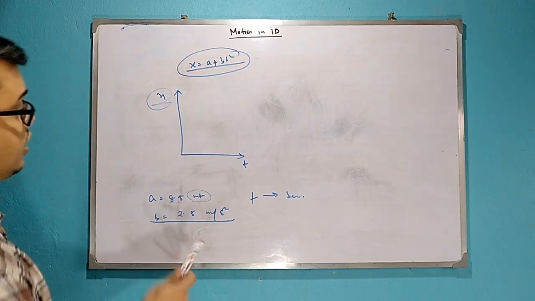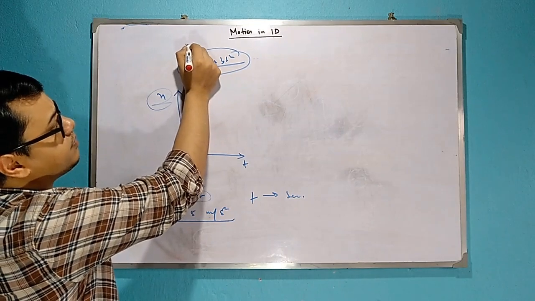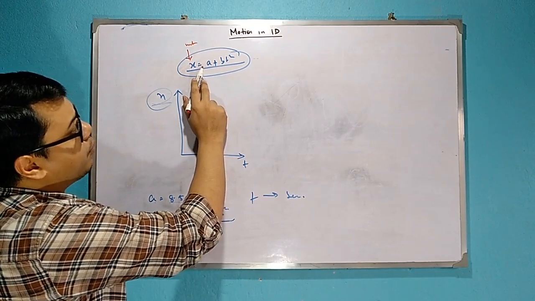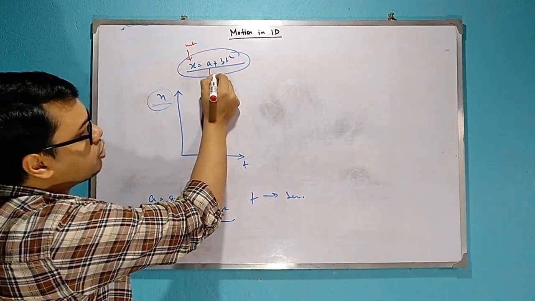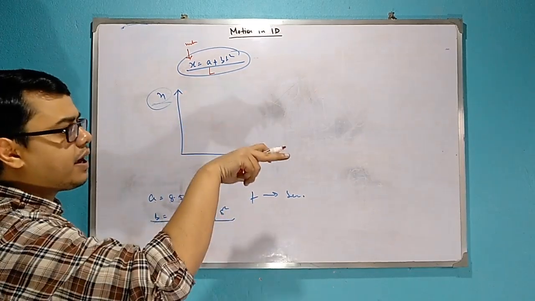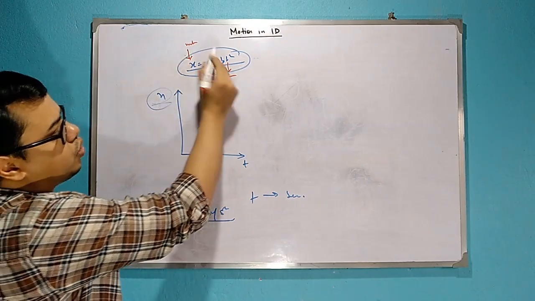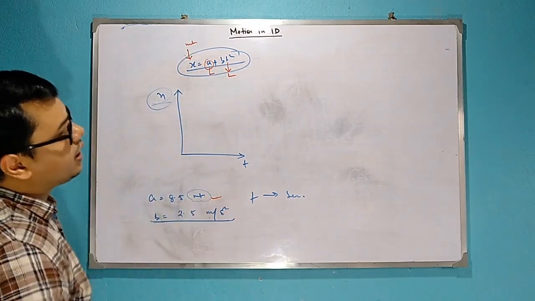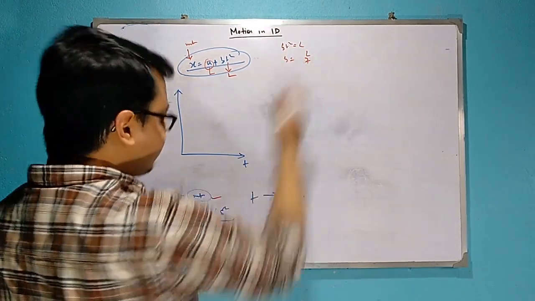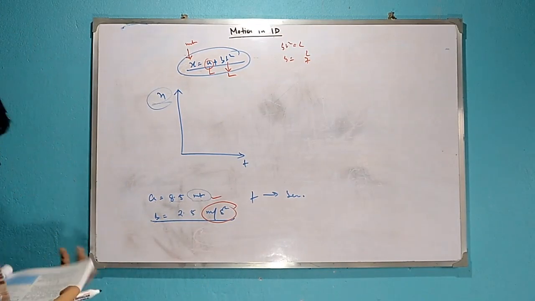Just recall the first lecture: x is nothing but meter, its dimension is L. Both sides of an equation have the same unit, and the same dimensions can be added or subtracted. So this is L and this is L, and the resultant is L. So a will obviously be L. Now bt² will be L, but what will b be? L by t², that means L t^-2. So this is the unit. I think you know it very well.